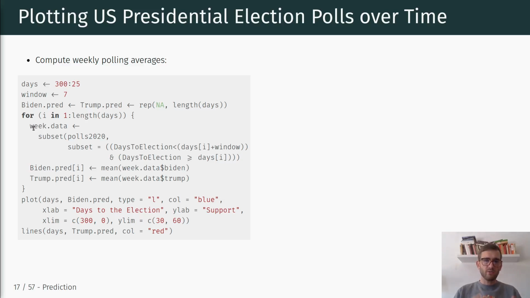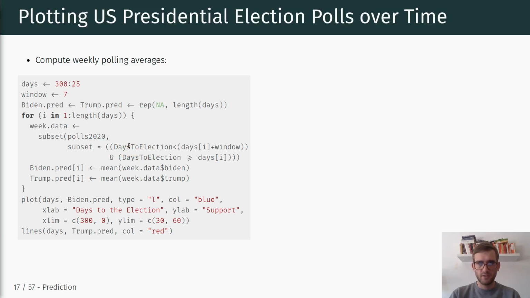So as we said, the strategy is first we want to subset the polls that we have, polls2020, to only the polls that are within that window, right? So we create a new object called week.data, and we subset our original polls2020 according to the